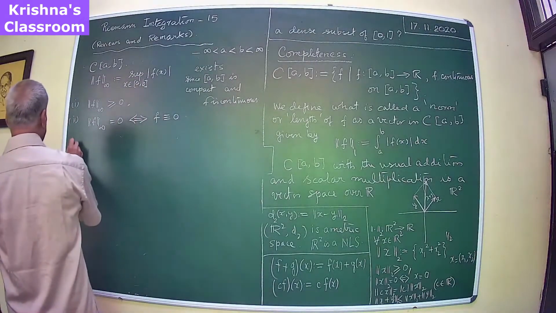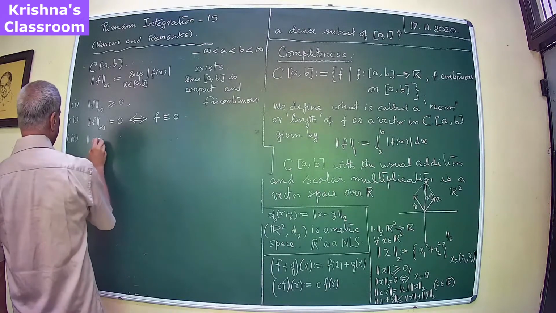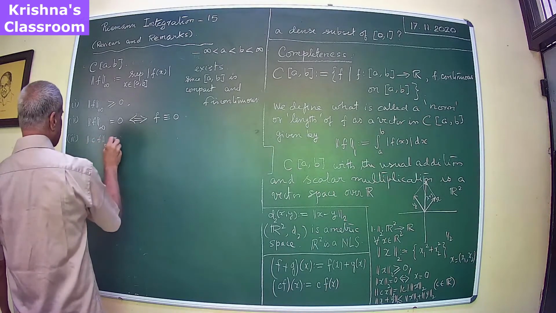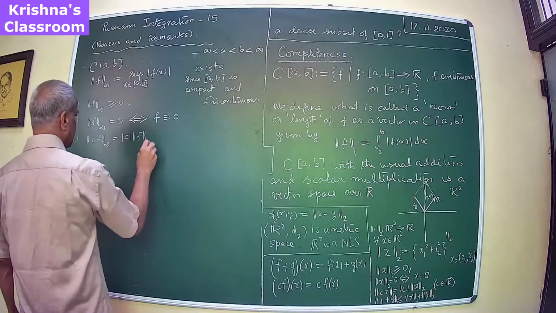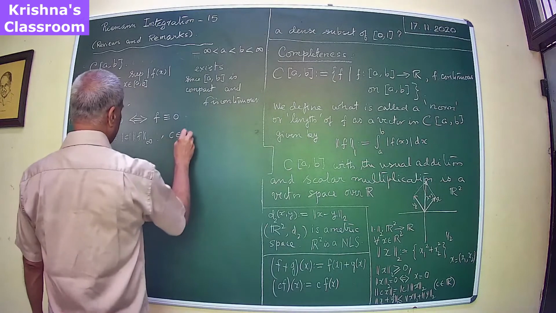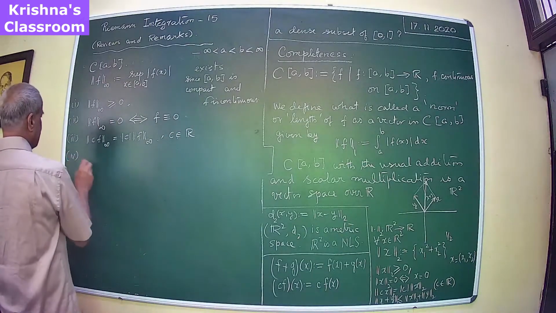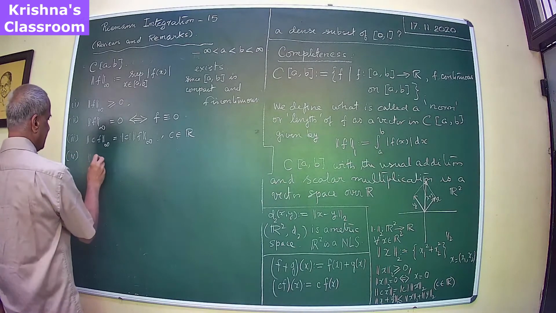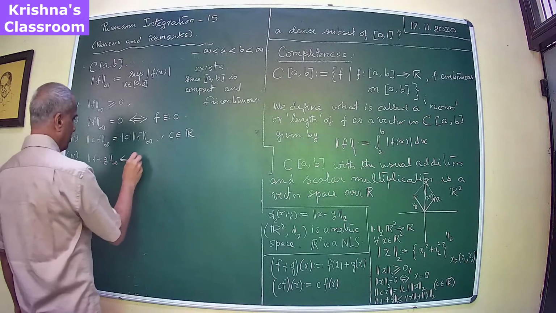The third property is norm of cf equal to mod c times norm of f, that is straightforward, for c belonging to R. And the fourth property is norm of f plus g less than or equal to norm of f